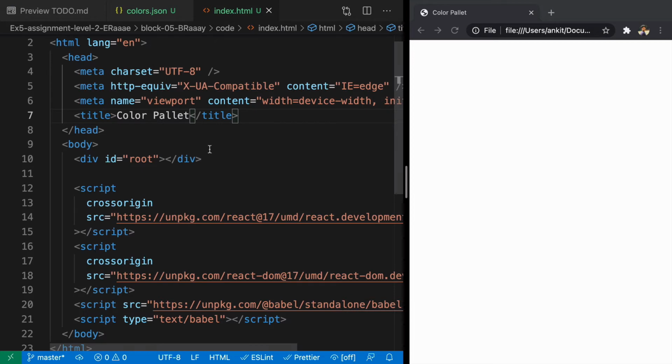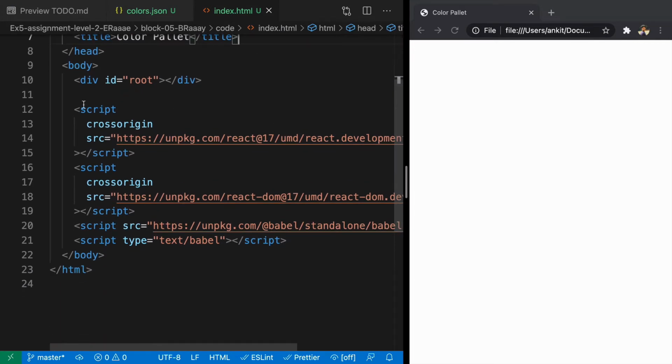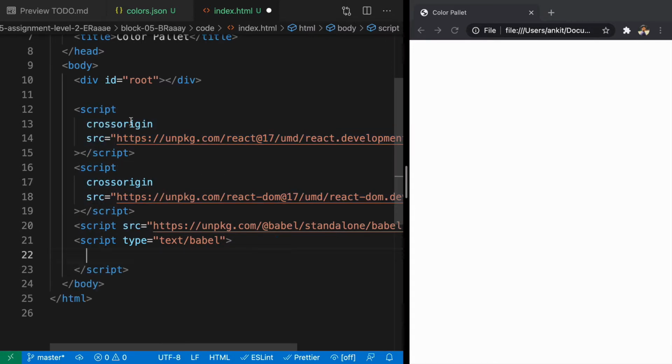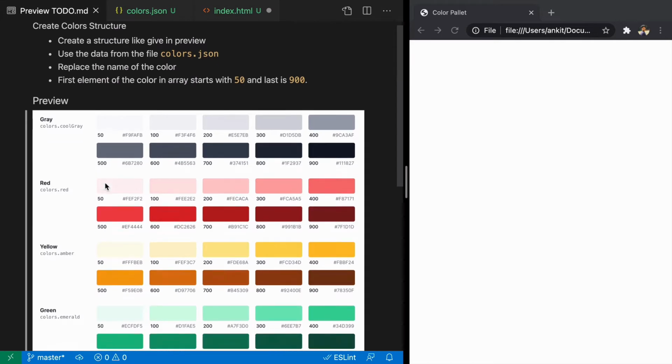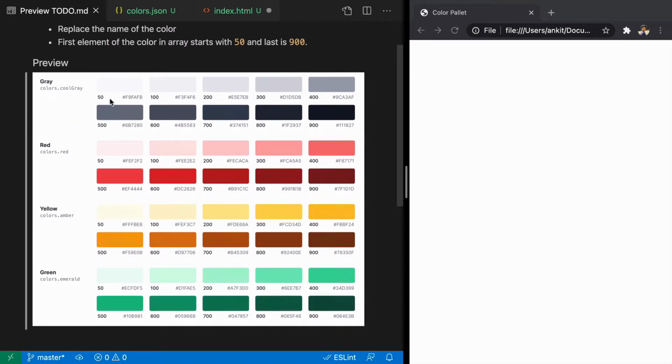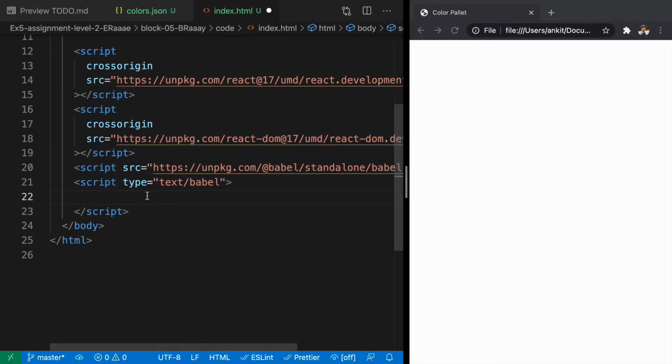So I'm just going to use the basic HTML file to create this. Here we have our React DOM and Babel to take care of it. The first thing we can understand from here is this whole layout can be broken down into different components. So one component is going to be colors, and then we can have individual color sections. One color section will have a sidebar and 10 different colors on the right hand side. Same is the case with others. So let's go ahead and create our first component here.